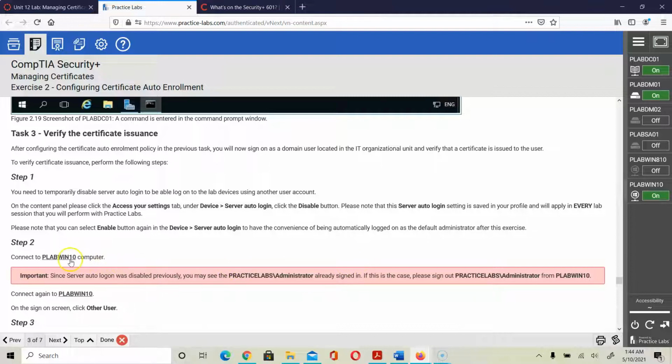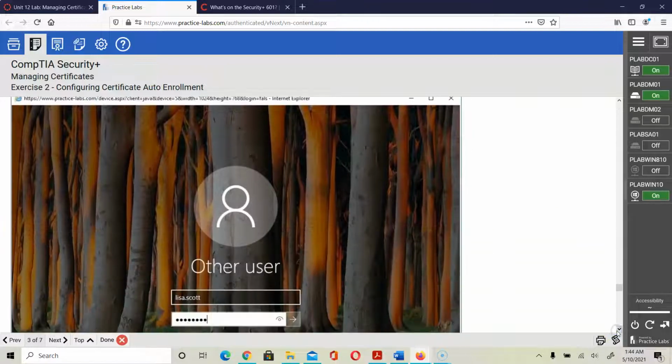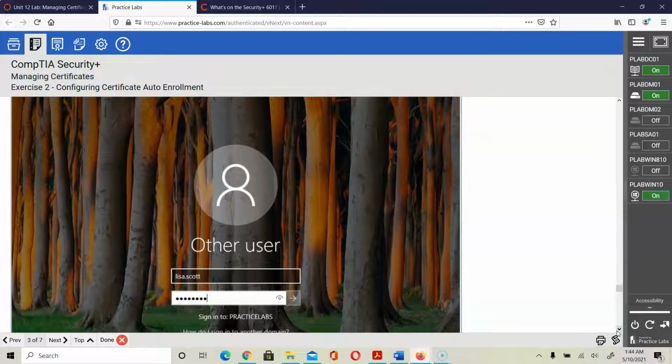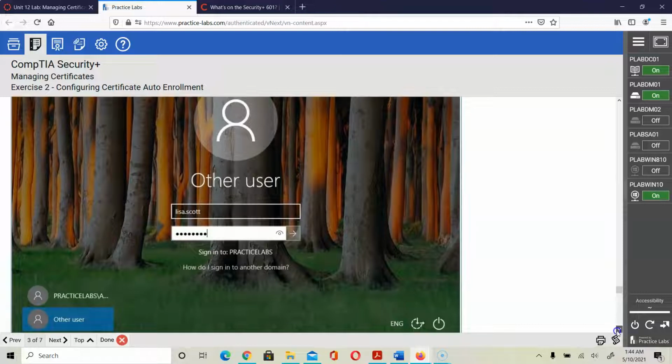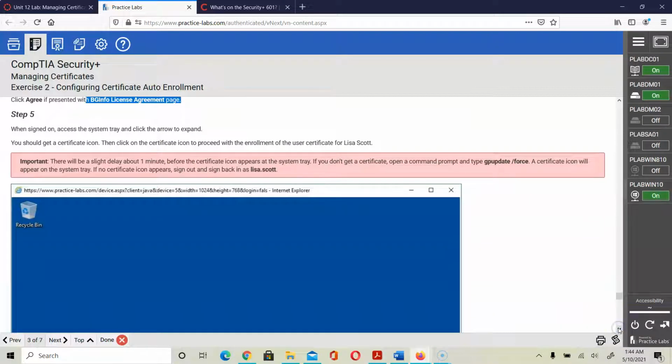Then here we're going to test it with Win 10. So in Windows 10, we are going to use lisa.scott and the password. That's why we disable that option, so we would log in as another user. So we would log in as Lisa Scott. And then you would get a warning, close the warning. You would click Agree for the license agreement. And then once you're on the desktop,